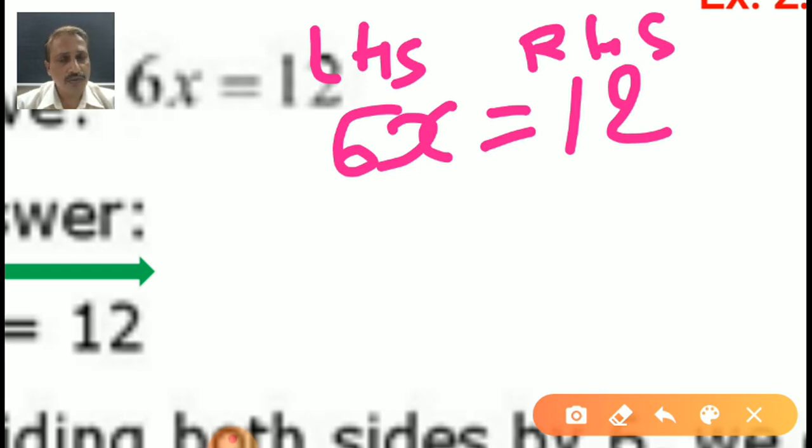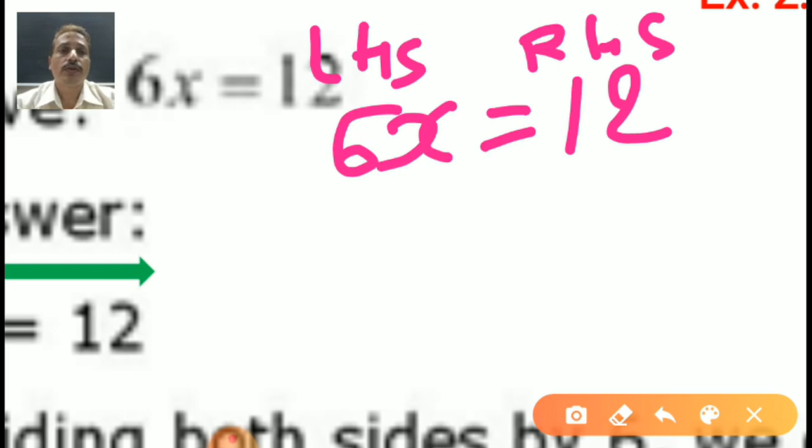Without doing calculation also you can find it. You can multiply 6 with some numbers and check until you get the right side number 12. 6 1s are 6, 6 2s are 12, 6 3s are 18. So 1 and 3 are not there, but 2 is the answer. But not like this, you should show the steps. This is a 2-mark question.